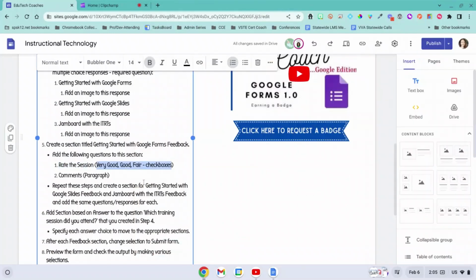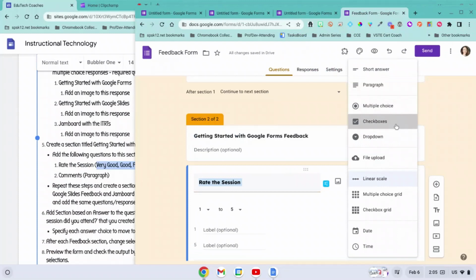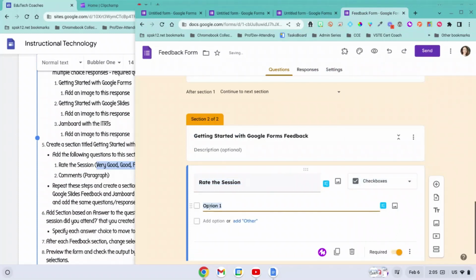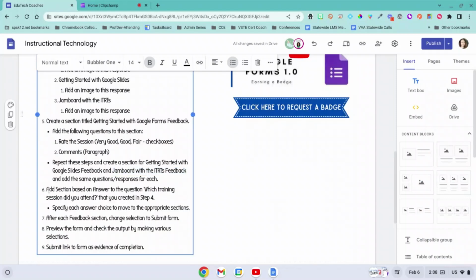But if you change that in the drop down from linear scale to checkboxes, the first option is going to be very good. The second option says good. The third option says fair. We're going to repeat these steps and create a section for Getting Started with Google Slides feedback and Jamboard with the ITRT's feedback. Number 6 asks us to add a section based on answers to the questions,